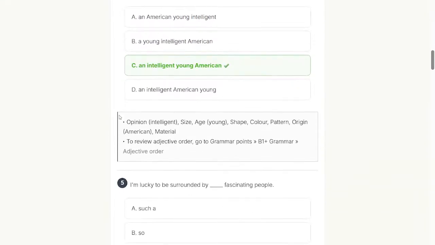She is an intelligent young woman. So adjectives order: opinion, size, age, shape, process, color, pattern, origin, material. So opinion, size, age, and origin.